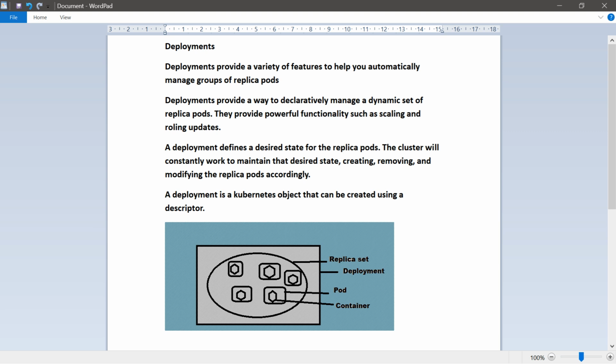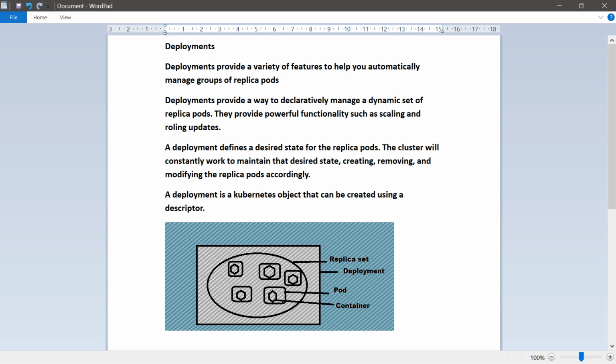To have high availability and load balancing, you prefer to have more than one instance of the application running always. For example, there are 5 identical pods. You are looking at the diagram on the screen. There are 5 identical pods running.